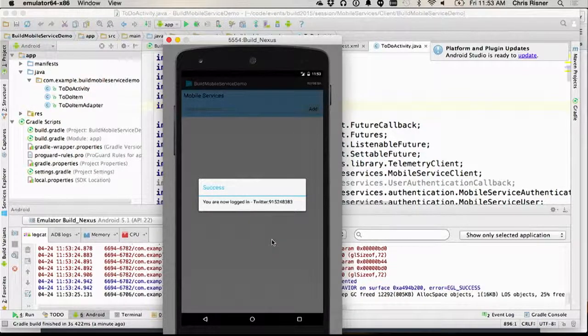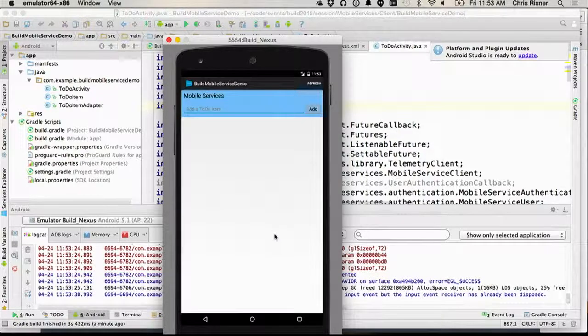What's really great is that now the client-side application has an ID for my user, and then my back end also has this ID for my user. So now I can actually start saving data, tying it to that user, doing queries off the user ID, and that's how you restrict access to data. So if, for example, I save a to-do item,